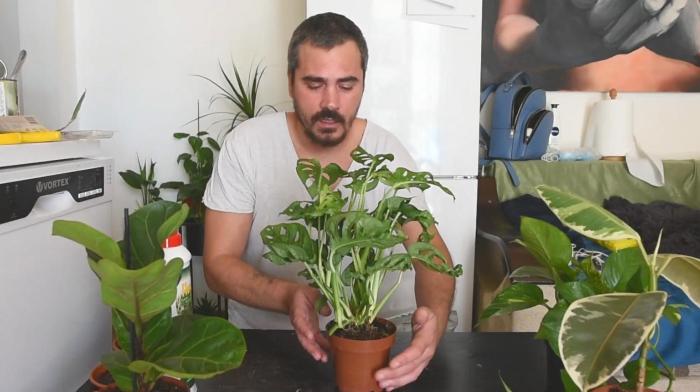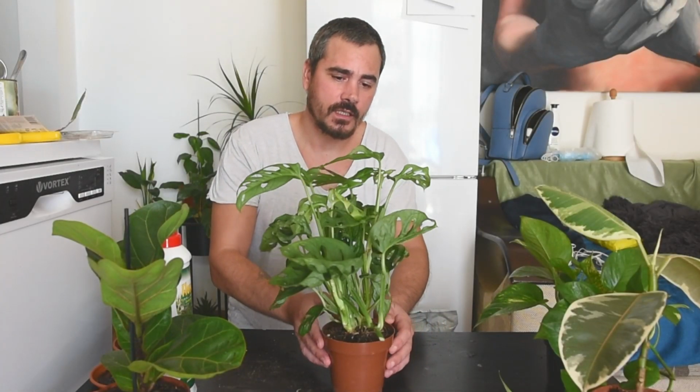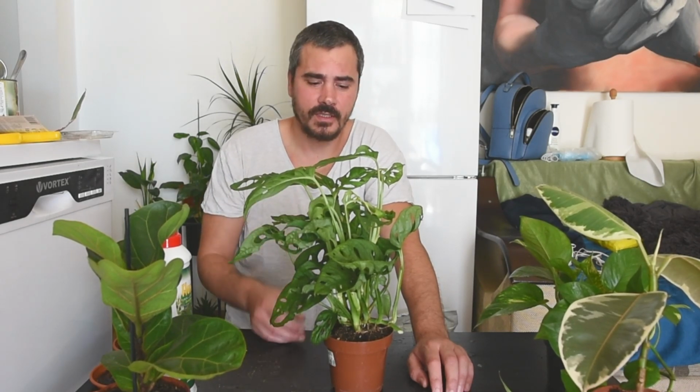Hello plant lovers. I bought today this Monstera Adansonii, although in the store it was called Oblica or whatever. Anyway,